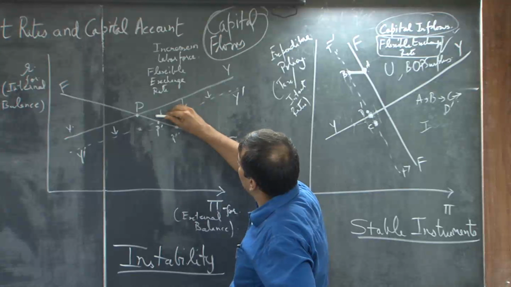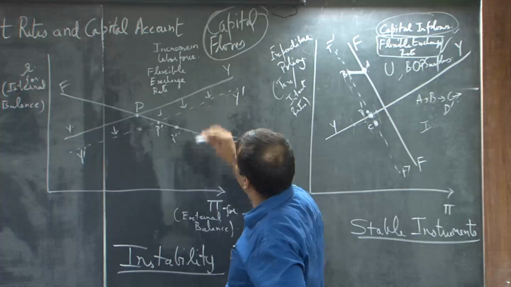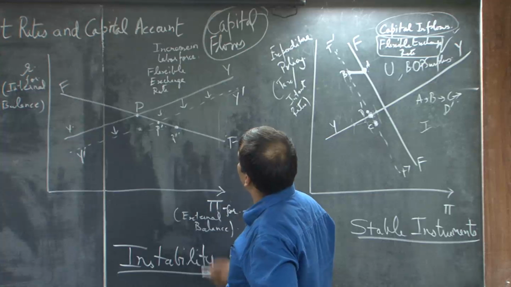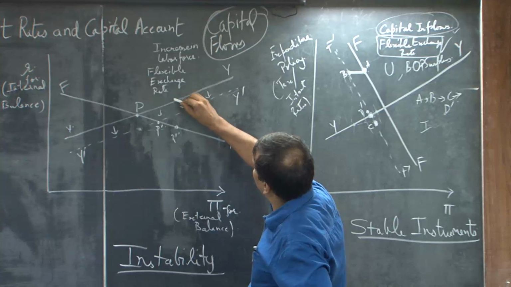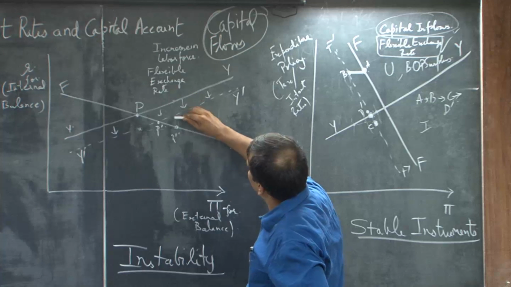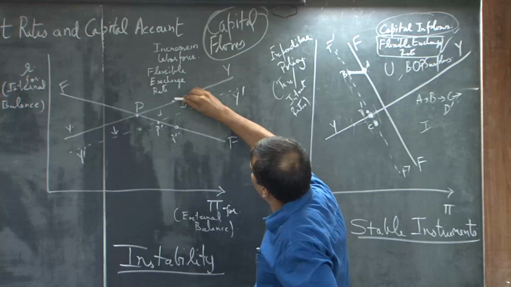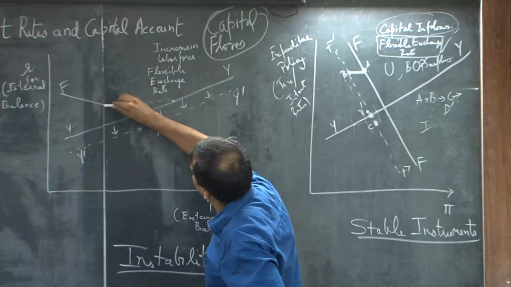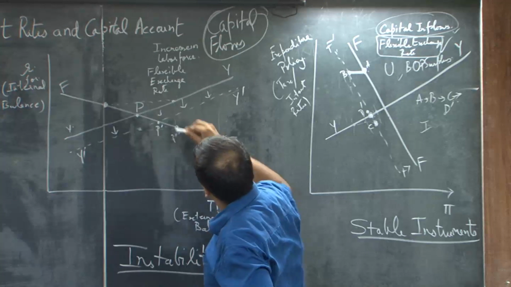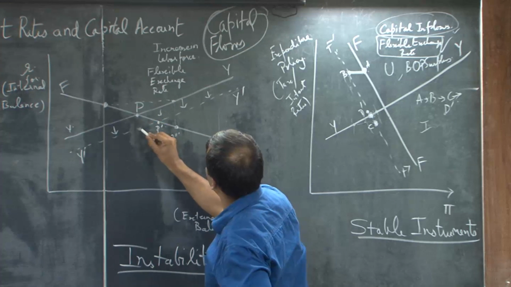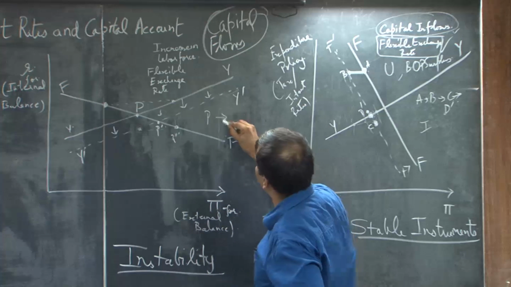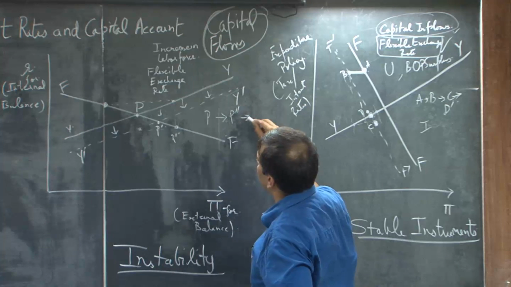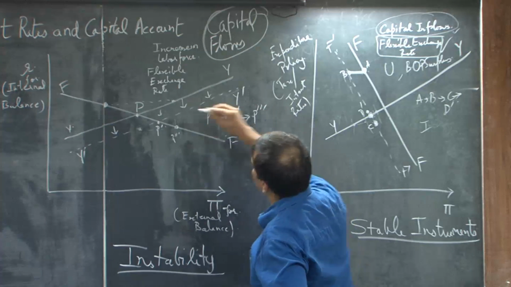So you go to this point. From P double dash, you are below this YY curve, so the corresponding point is a point here. So the movement is P to P double dash to P triple dash,